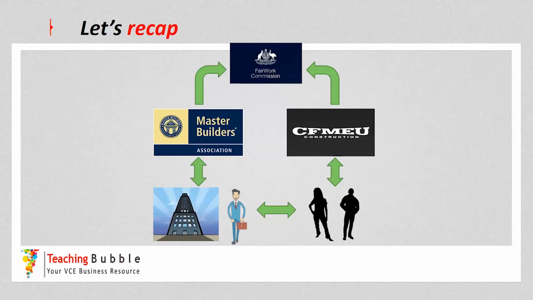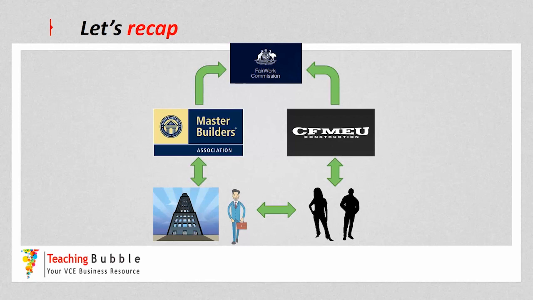So if we go back to our little chart there, remember that this is all about what's happening within the workplace between the employees and the employer. So looking around things like wages, disputes, working conditions, and the negotiation of contracts, that can be all done at workplace level. However, sometimes either the business or the employees don't have the experience or the knowledge in terms of workplace relations, and they may ask for advice or get representation from either their employer association for the employers or the union for the employees.